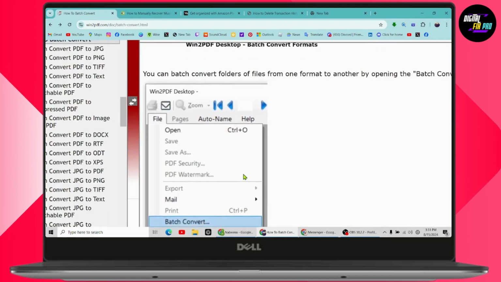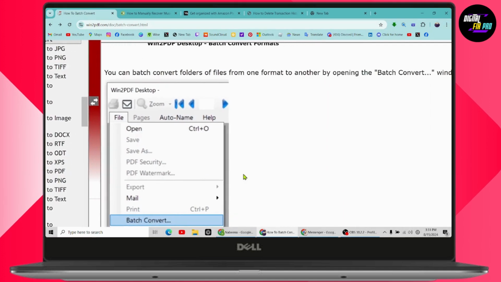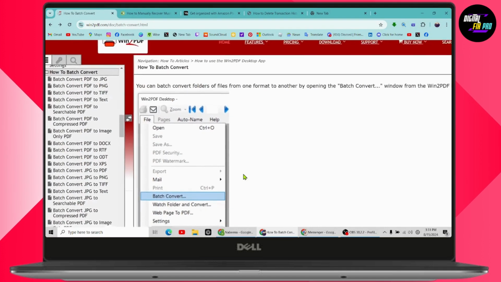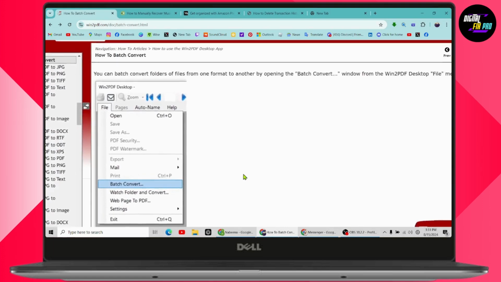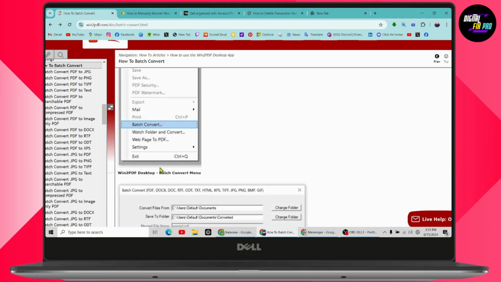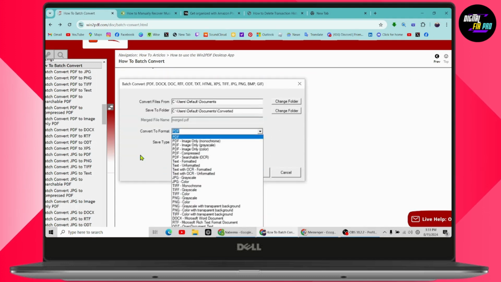So you can batch convert the folders of files from one format to another by opening the batch convert window from the WinToPDF desktop file. So you just need to simply right click on it or just open the file option. On your file, you will have a batch convert option. Once you click on the batch convert, then you will have this kind of interface where you can simply enter